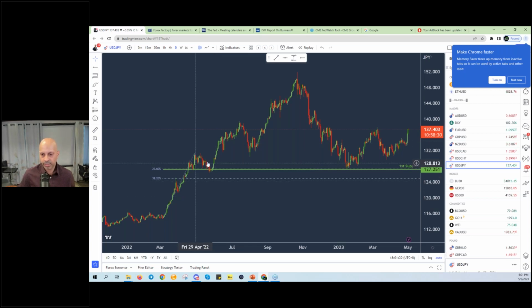So for example, in this case, you could see price did pull back to the 23.6% Fibonacci retracement, consolidated around this level for a few days. And knowing the fact that the Fed was continuing to raise interest rates aggressively while the BOJ was keeping their rates at negative 0.1%, the divergence in monetary policy was still ongoing, and you would have highlighted this area as a potential buy entry again. And then you would have gone long around this level, and your stop loss, you would have set it at